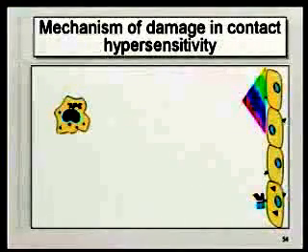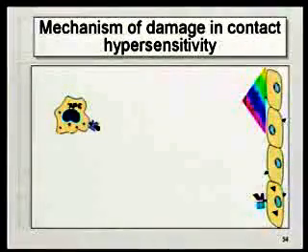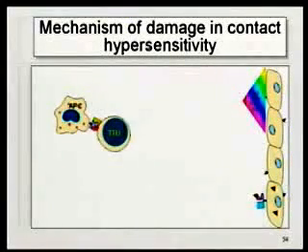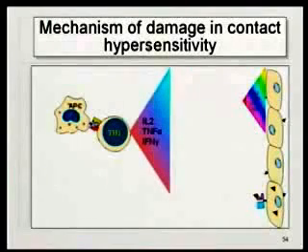Okay, antigen is processed, presented on the cell surface together with class 1 MHC, Th1 cells in this case. In the other cases, they were Th2 cells, if you remember. And here it is Th1 cells that are going to interact with the antigen, IL-2, interferon gamma, or TNF-alpha, they're going